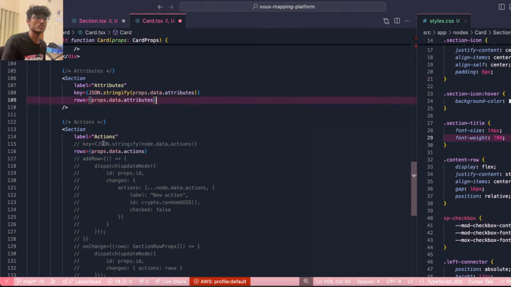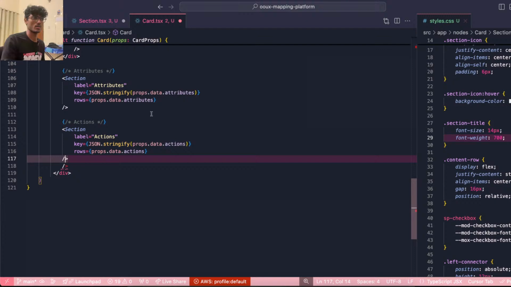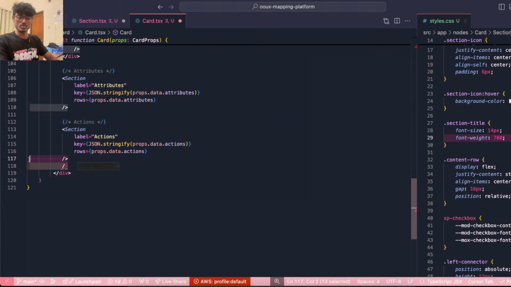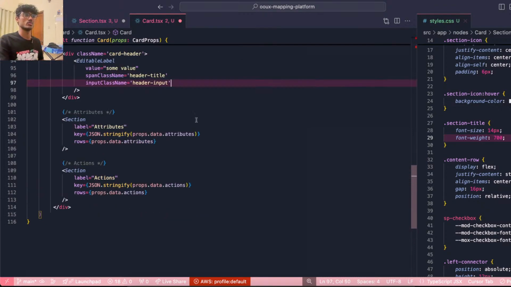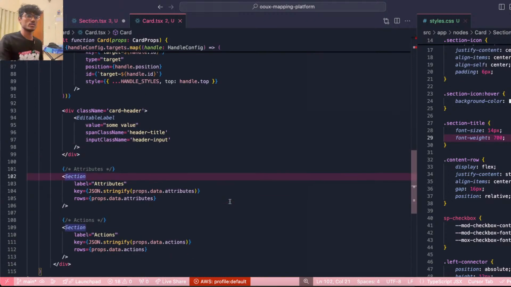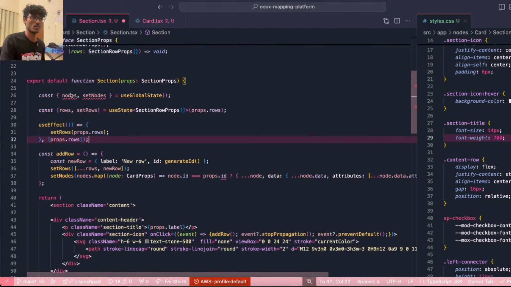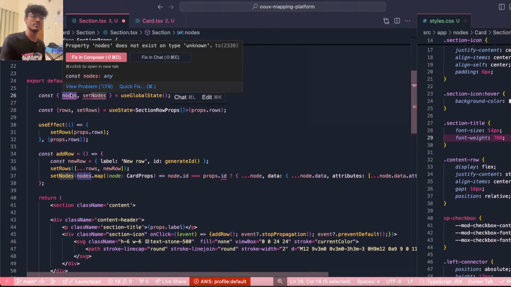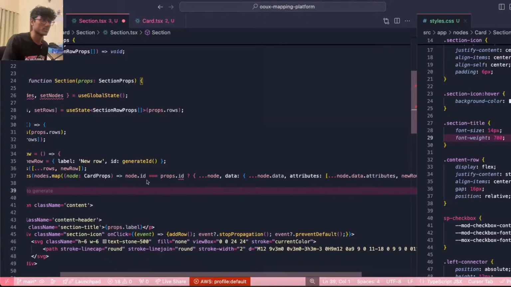Okay, so a section, let's just quickly do the same here and just remove this, because we don't need that. And now, yeah, so a section has all the attributes. This is a section. If I want to add a new node, I can literally just add something to the nodes global state that we have. So doing that is equivalent of creating a new node. I don't really need to